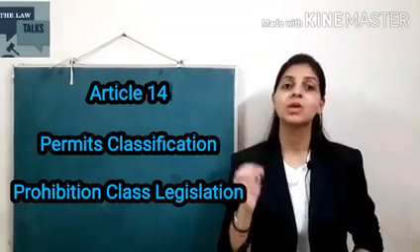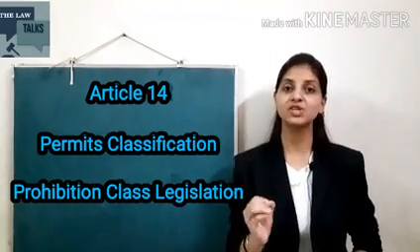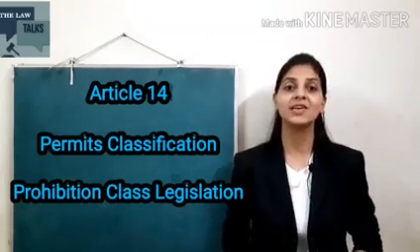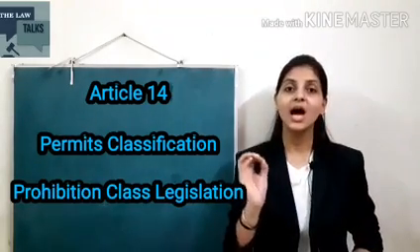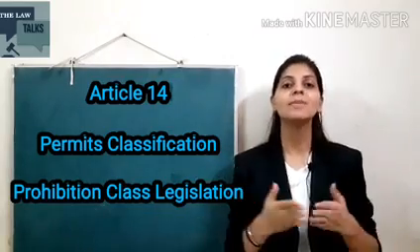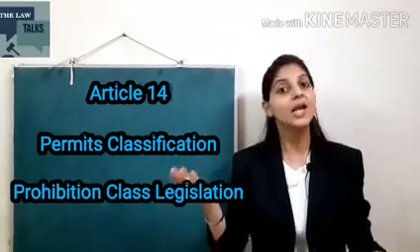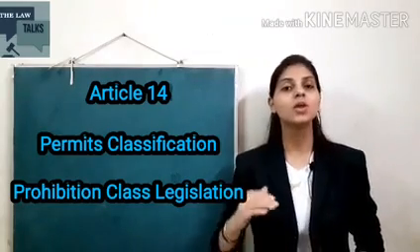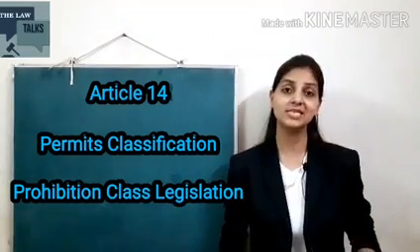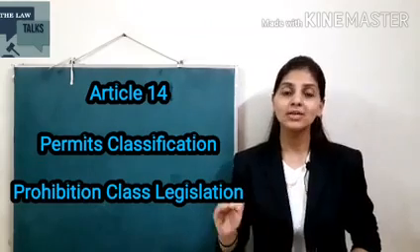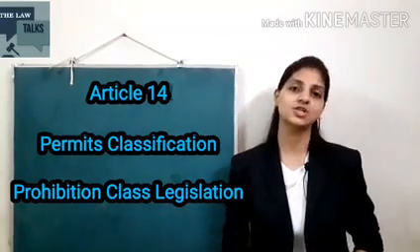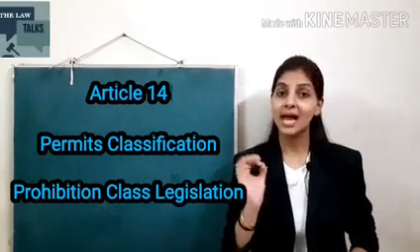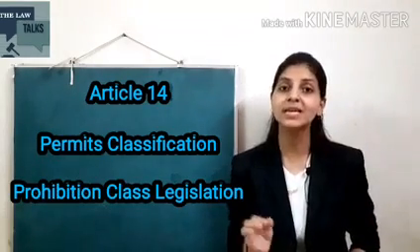To make it simple, those legislation which are arbitrary, artificial, and evasive, and which are creating differences between unequals unreasonably or without a reasonable cause, which do not have any effect on the main objective of the legislation, all these class legislation are unreasonable. Therefore, Article 14 prohibits class legislation. I hope till now I'm clear.